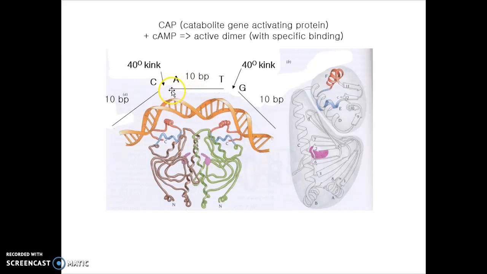And then the interesting feature in this DNA-CAP-cyclic AMP complex, shown in this purple color, has some unique feature. The central 10 base pair forms B-type DNA, and then